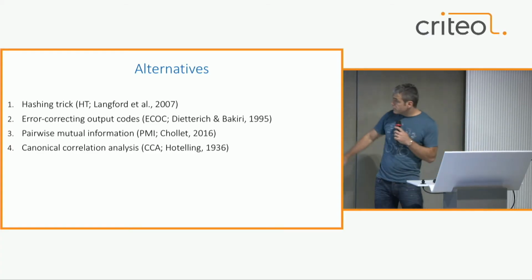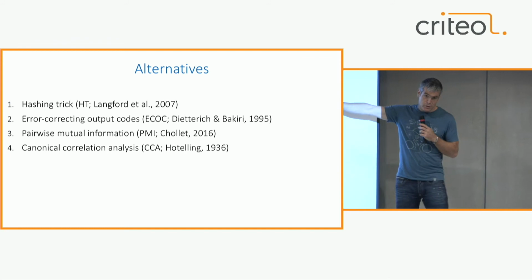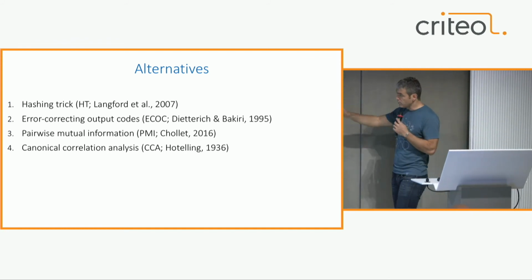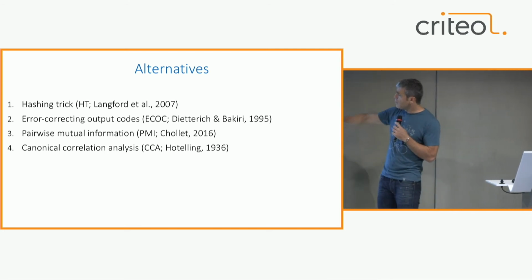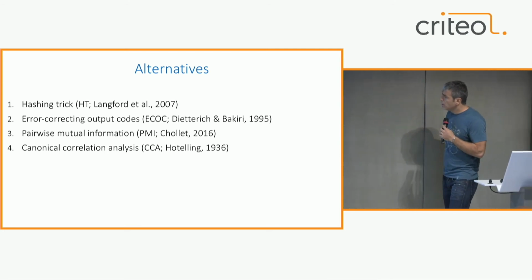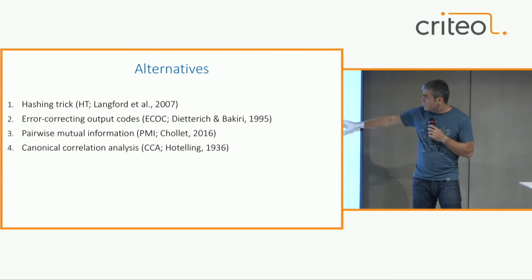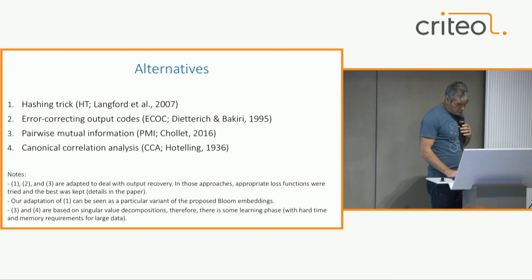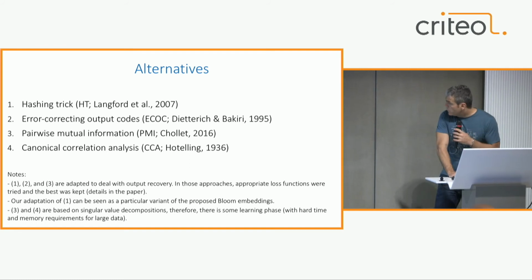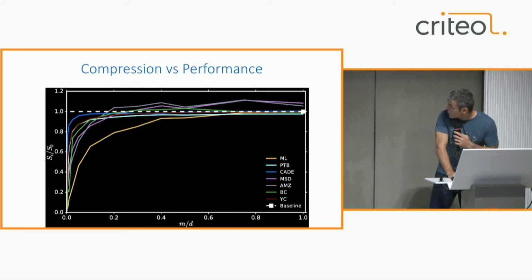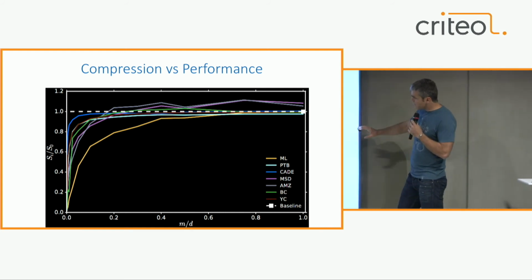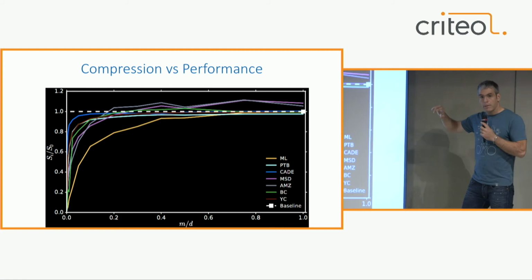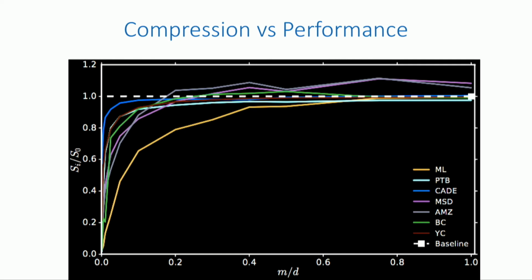And we also compared with several alternatives: the original hashing trick, which works only in the input space and, by the way, is implemented in Vowpal Wabbit, error correction output codes, pairwise mutual information, and canonical correlation analysis. And it turns out that, let me see here. Yeah, so these are the results we got on just doing the Bloom embeddings and using